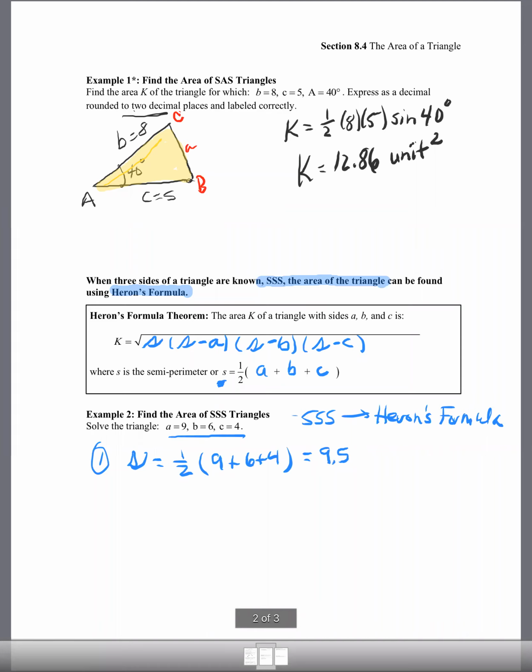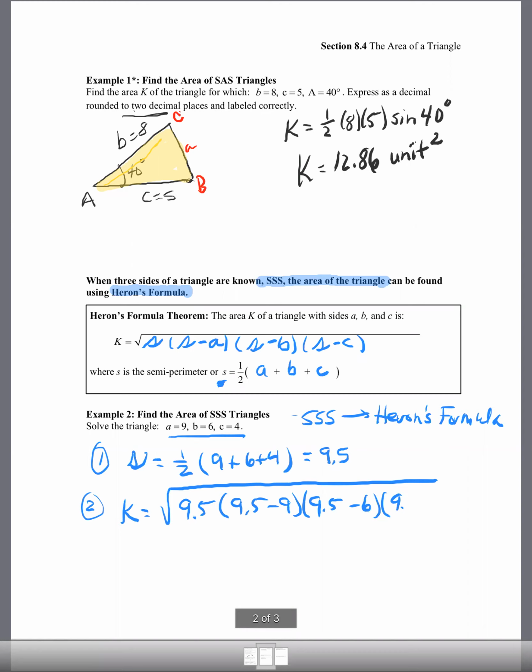If that's our value for S, then the second thing that we'll do is we're ready to go calculate the area. We'll have 9.5 times 9.5 minus 9 times 9.5 minus 6 times 9.5 minus 4. And now if you'll go to your calculator and calculate the area of this triangle,